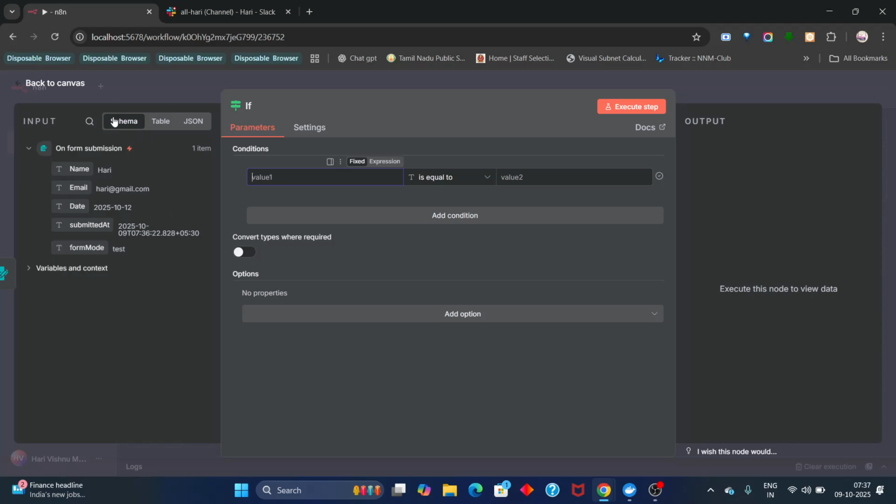And you can see the previous output value has been displayed here, and we can drag the value to the if condition. For example, if we provide the condition whether the date is within 7 days, we can drag the date here and it will be applied in JSON, and we can give